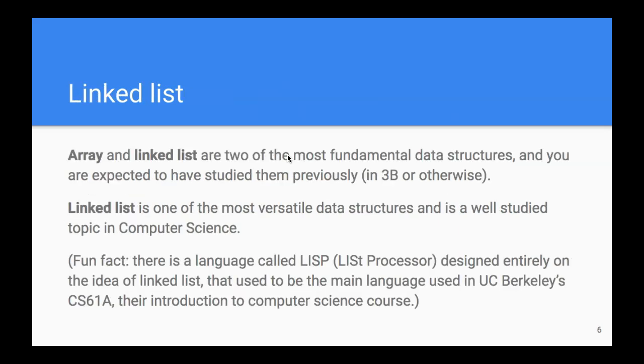Now, array and linked list are two of the most fundamental data structures, and you are expected to have studied them either in 3B or in other intro to Python or computer science classes that you have taken before. Among the two of them, linked list is probably the more versatile one, and it's a very, very well studied topic in computer science, and that's why we talk about it first. And as a matter of fact,